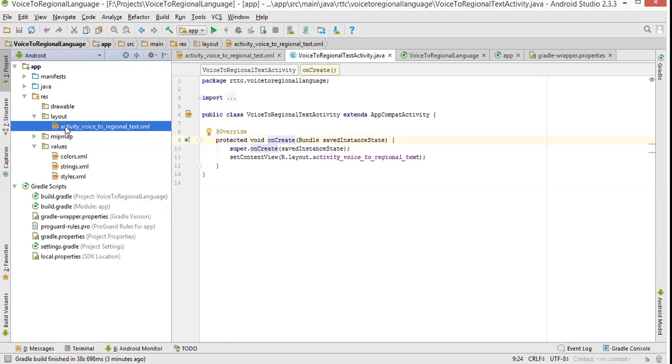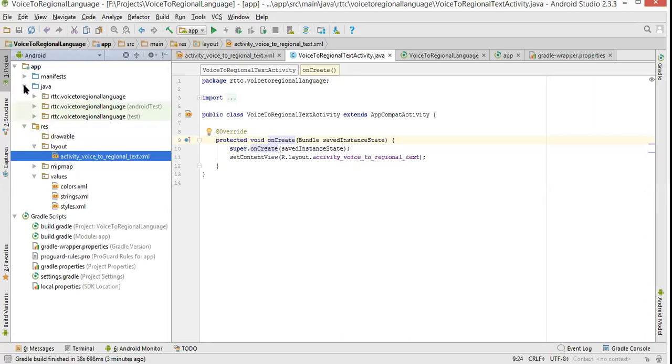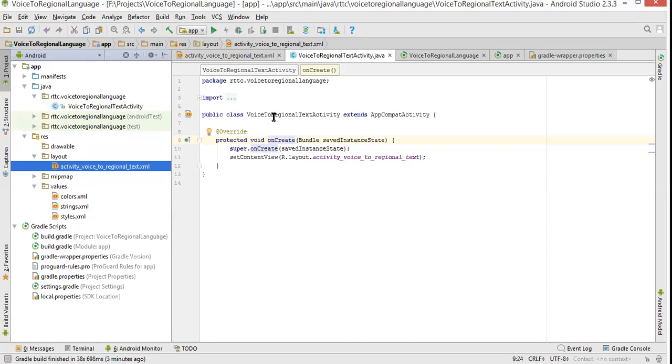So as I said, software will have 3 tiers or sometimes only 2 tiers. So what are the 2 important tiers we are doing now? The user interface and business logic. So layout comes under UI or BL? Layout is UI, because layout is user interface. Then inside Java, what will be there? Business logic. So that is your Java file, this one.